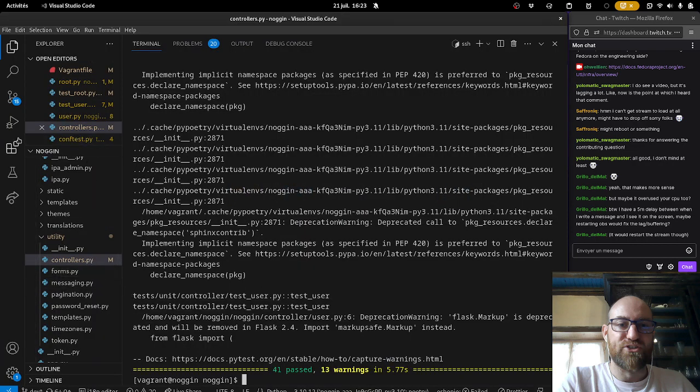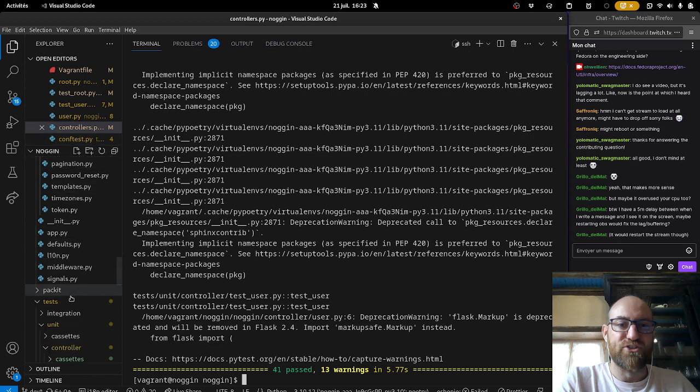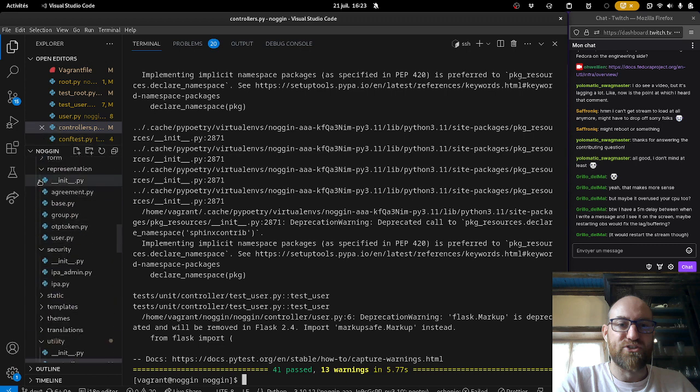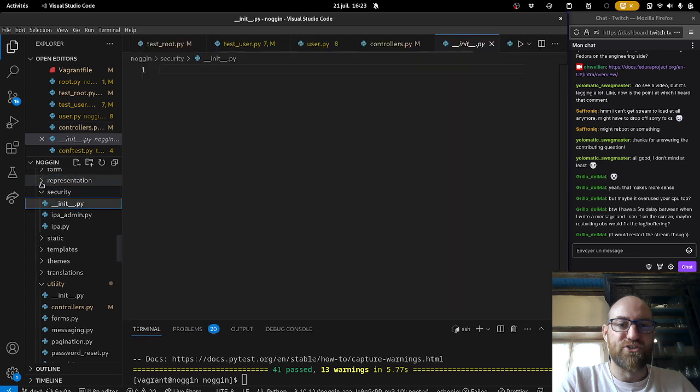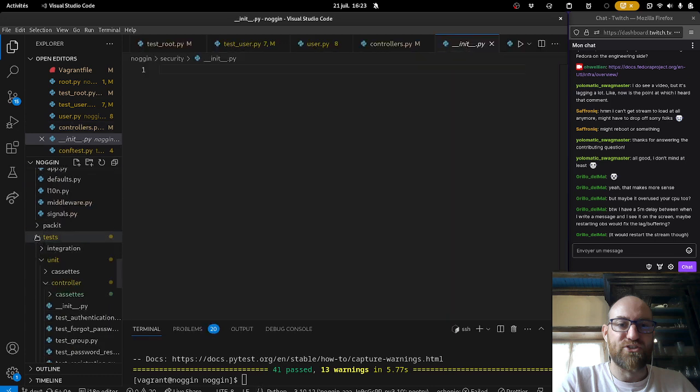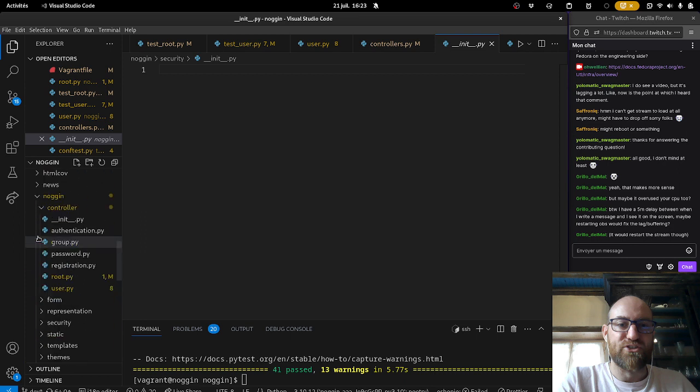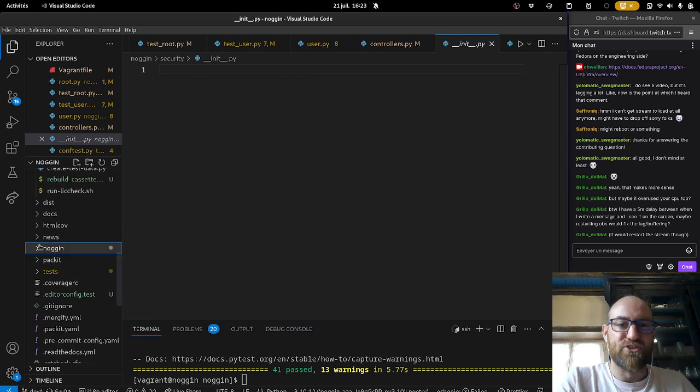Now we need to make a news fragment. What is a news fragment? The news fragment is a piece of text that is going to be added to the changelog when we make the next release.